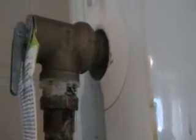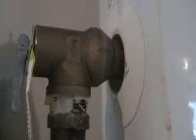And taking this thing off was a little difficult. It was stuck in there pretty good. I tried using a wrench, a pretty good wrench that I had, and I could not unscrew it. What I had to do is I had to take off this copper pipe, unthread it from here first, and then use the hammer, and I just hit that thing like crazy in that position. I hit it really hard to unthread it from the water heater, and once it loosened up a little bit, then I used a wrench and it came off. But it was definitely a struggle to get it off. Once I got this thing off,